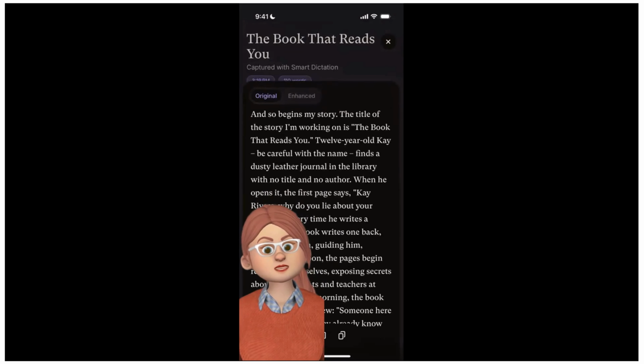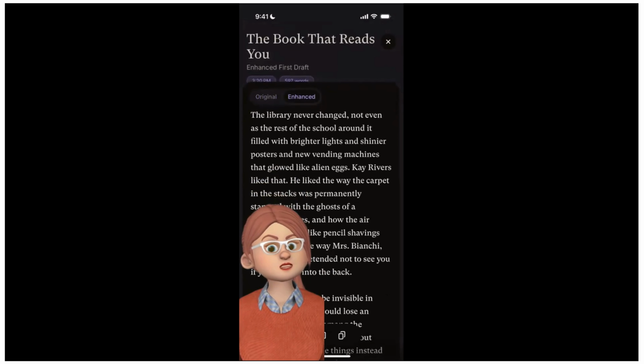So let's see what he did with the enhanced version. The library never changed, not even as the rest of the school around it filled with brighter light and shinier posters, and a new vending machine that glowed like alien eggs. Kay Rivers, so she has a last name like that. He liked the way the carpet in the stacks was permanently stamped with the ghost of 1,000 shoes,